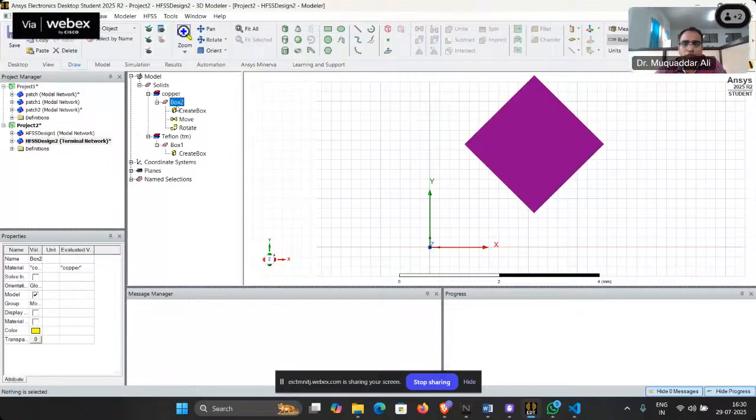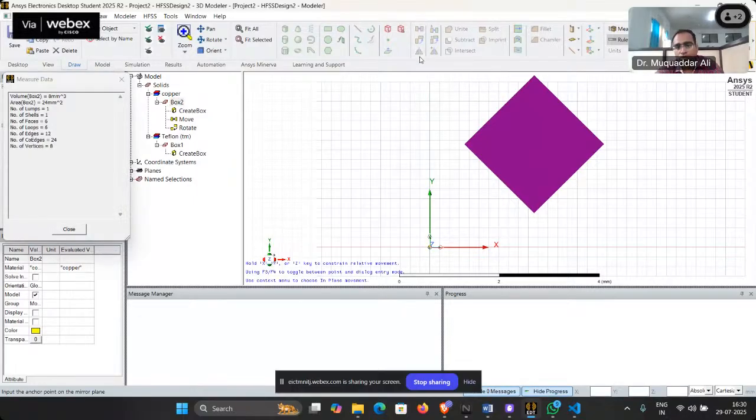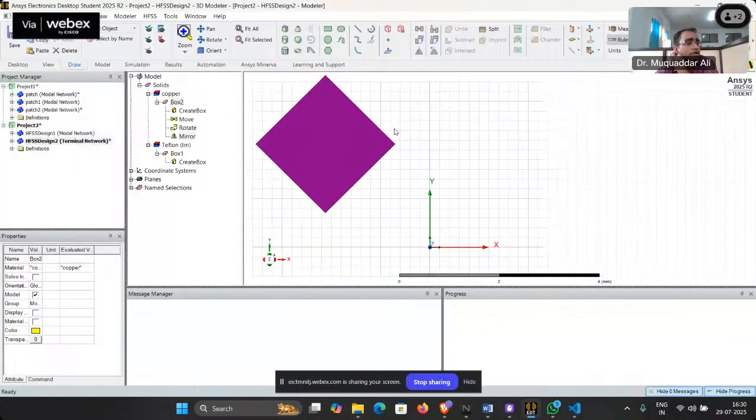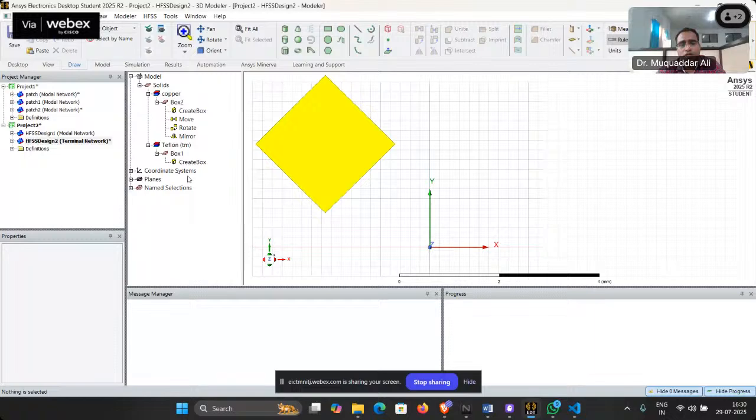Now let me select it once again, and now the third option is the mirror option. When I click on the mirror, it asks us to select a plane or a normal variable. So I'm clicking like this. Okay, now it has made